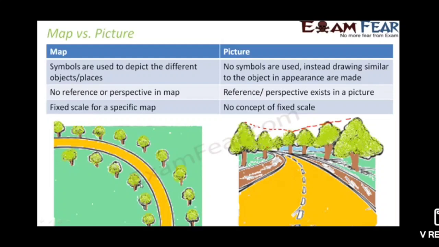Okay students, with the help of a map we can find a destination. In our daily life we use maps for finding someone's house. We are using Google Maps. In that we can see the rivers, the houses, the medicals, banks, whatever is there, all those things are in the map. Yes students.